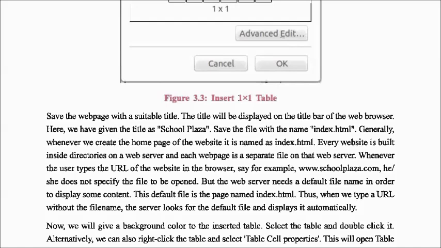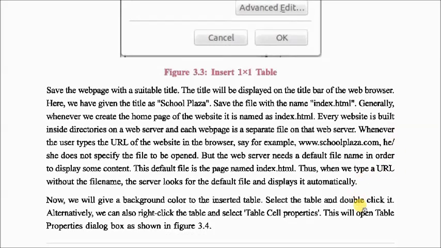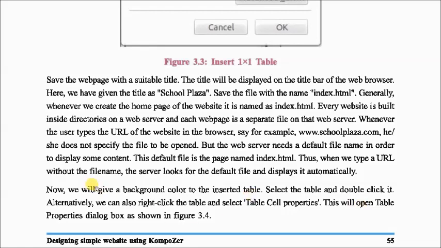Thus, when we type a URL without the file name, the server looks for the default file and displays it automatically. Default file means index.html, and it will show on the screen.